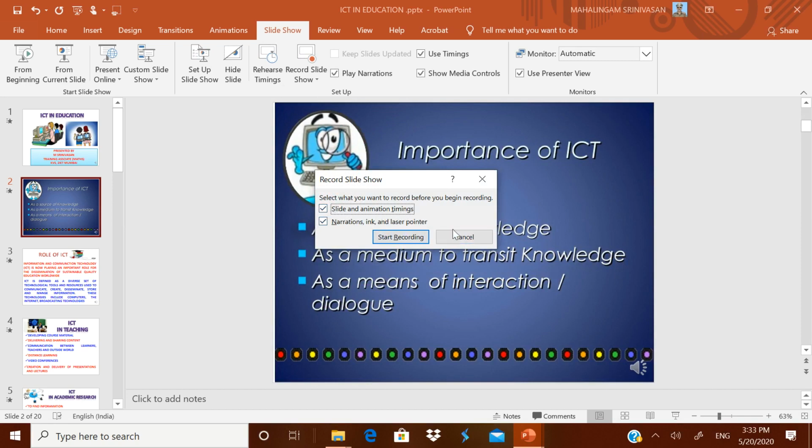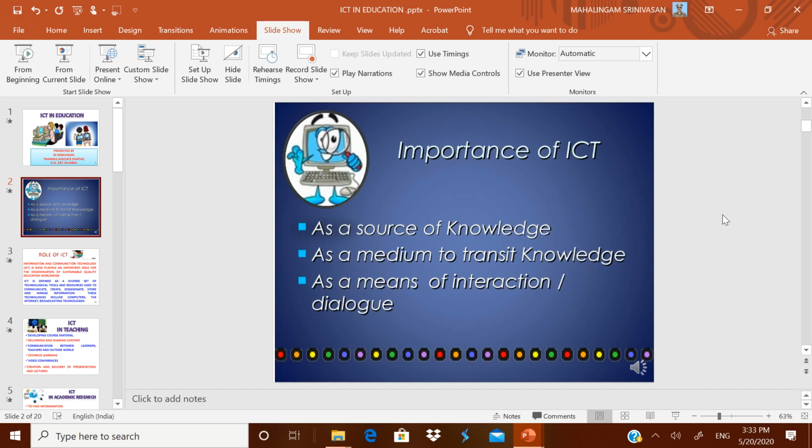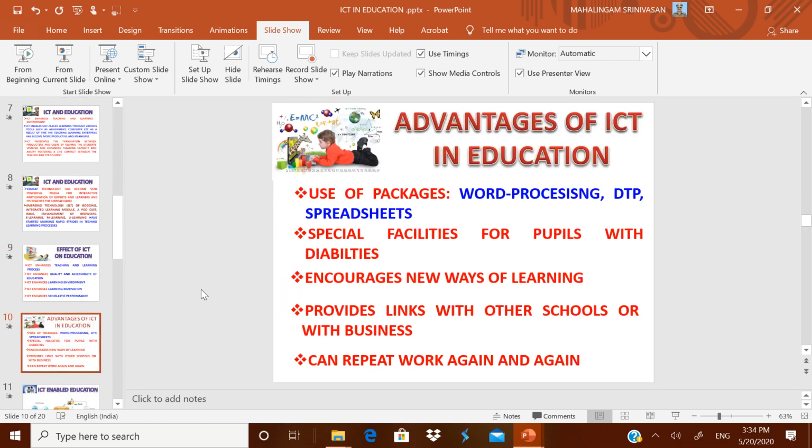If I had not clicked it, what would really happen is that after every slide is over, whatever you have talked, the person who is watching it has to press Enter so that he will get the next object and the next narration given by you. Therefore, everything you can save now. These narrations can be done for all the slides, and after that when you save it, whenever anybody runs it, it automatically goes along with that narration. But remember, those who want to listen to this narration in their computer or laptop, the speaker should be working.